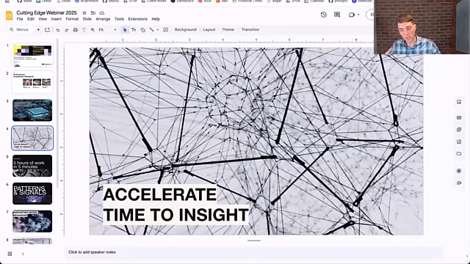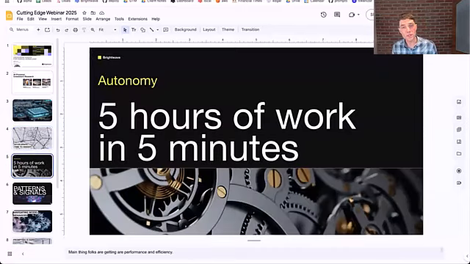Systems like Brightwave are able to read through bodies of text that exceed the limits of humans' ability to keep everything in mind all at once. And particularly when it comes to autonomous processes, we have built an agentic system at Brightwave that is able to mimic the decision-making process of a human analyst, to condense hours and hours of work into a matter of minutes. And that is the promise of systems that, in contrast with ChatGPT, where you ask a question, you get a response, it streams in.